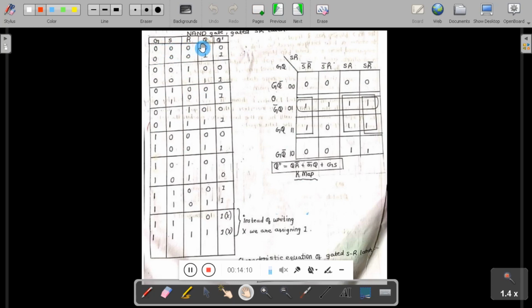So in the latch we take the feedback as one of the inputs, that is, the output is fed back to the input. So totally there are 4 inputs: G, S, R, Q.